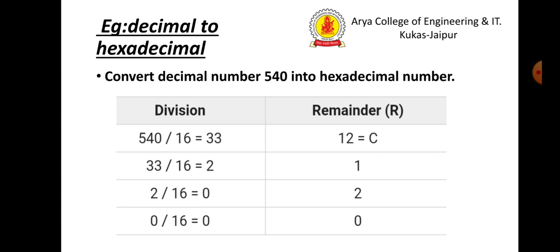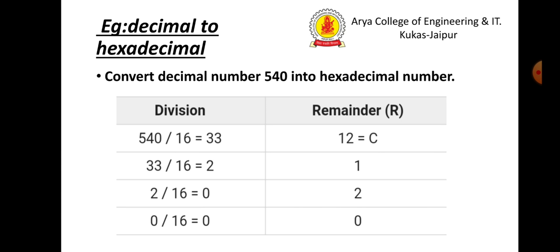How to convert a decimal number 540 into a hexadecimal number? What is the hexadecimal equivalent of the decimal number 540? Here we divide it by 16. 540 divided by 16 is equal to 33 and the remainder is 12. 33 comes to the second step and is again divided by 16, where the quotient is 2 and the remainder is 1, and 2 divided by 16 is equal to 0 with remainder 2, and the answer is 2 1 C,